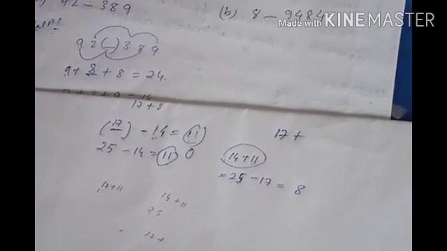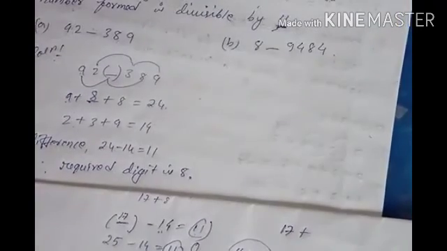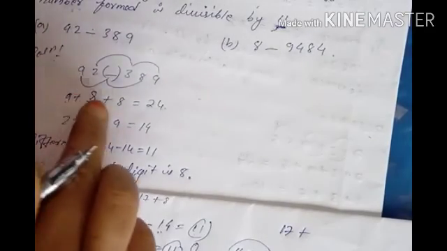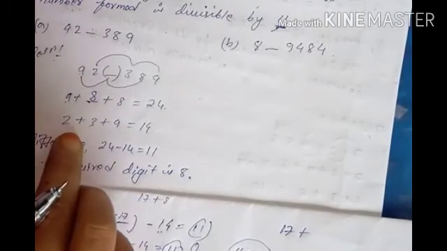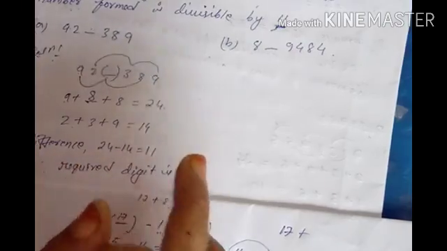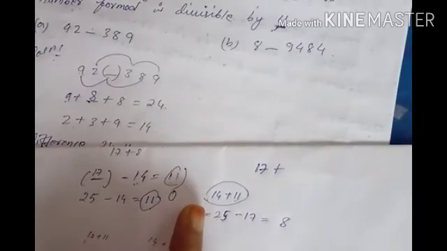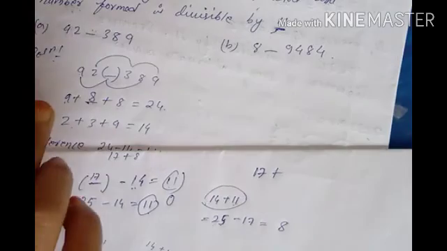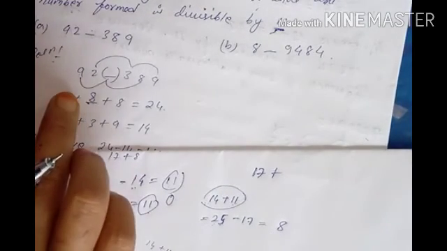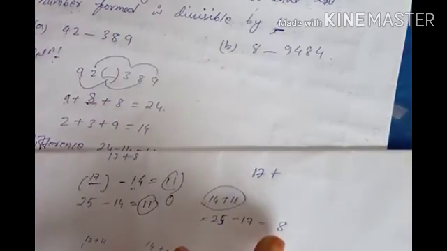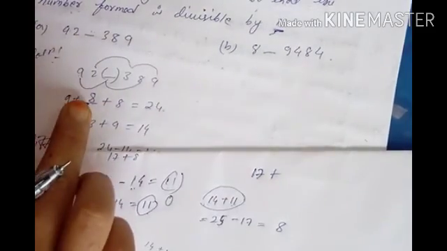Hope you have understood. For the divisibility test of 11, we know we have to add the alternate numbers, isn't it? So what I did, I added all the alternate numbers, and here it is blank, but this number was not blank, isn't it? 14. So with 14, what did I add? 11. So when you add 14 plus 11, you get 25, and from this 25 you have to subtract the number which is blank. Here it was blank, and what did we get? 8, and this number should be added here.